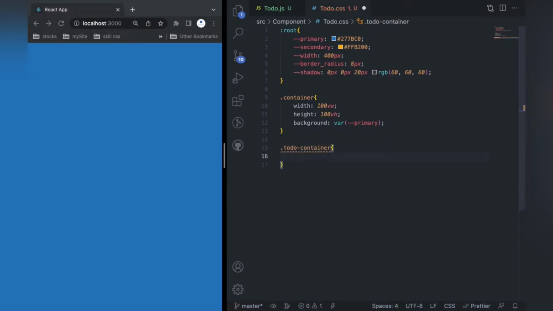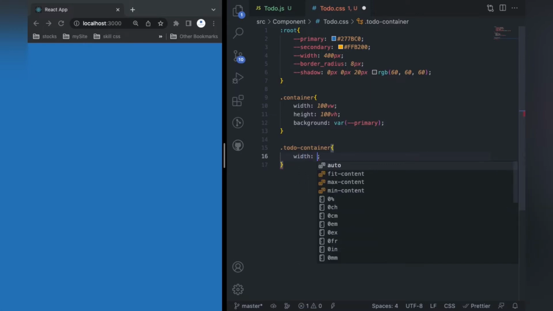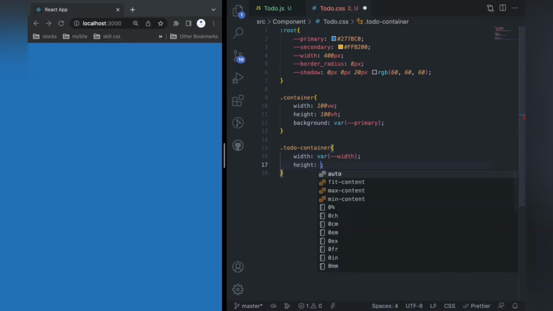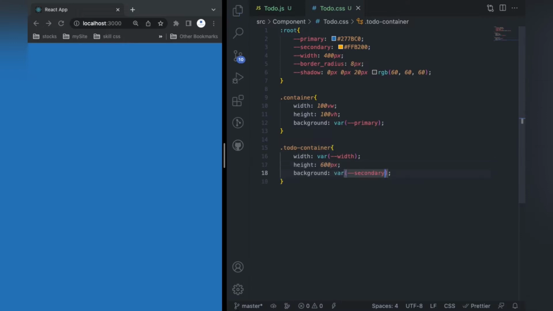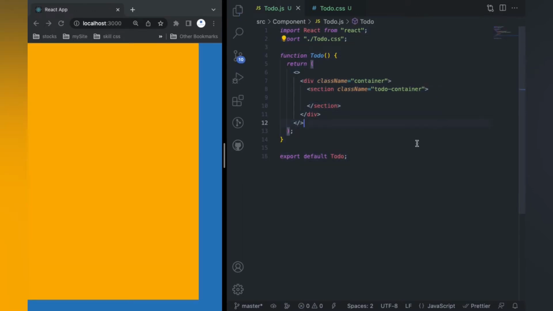So I will give the width, and again similarly we have defined the width, so we will call the function, I will write var, and inside that width. And height we have to write by ourselves because height is not mentioned there. So I will call the background with the secondary color, that is yellow one. And here it's not working because we have written to do list, so I am changing it into container. Now you can see